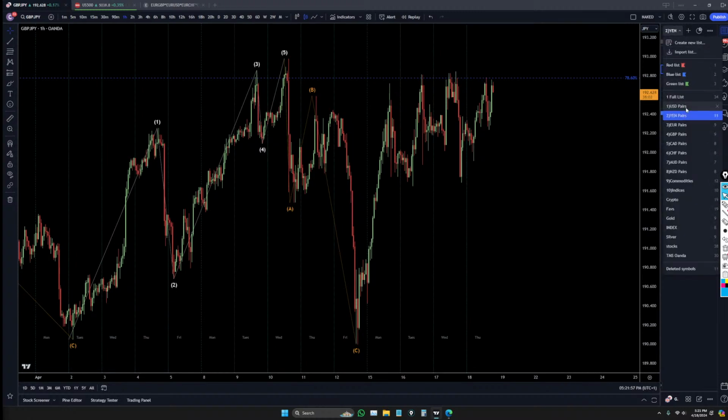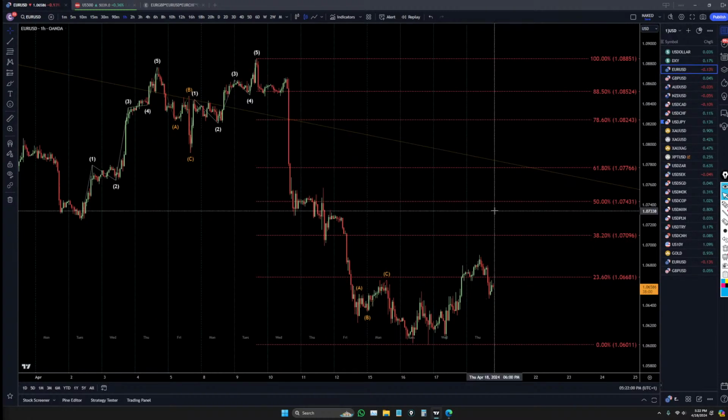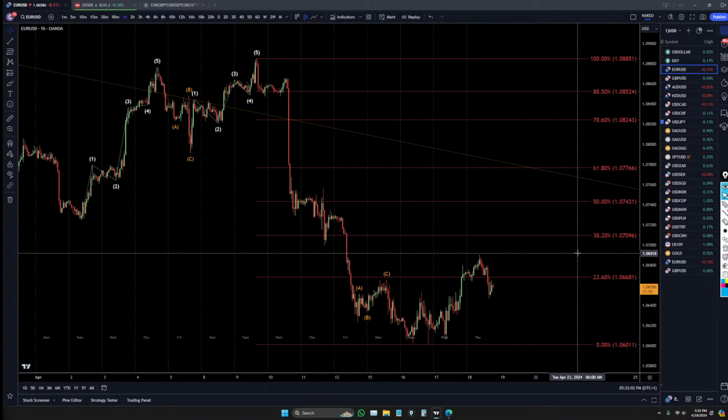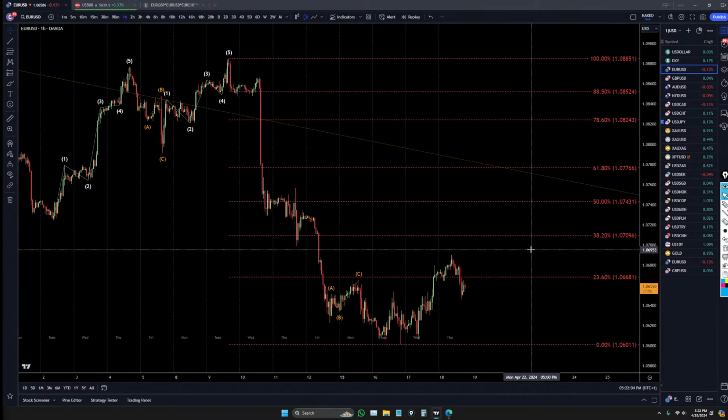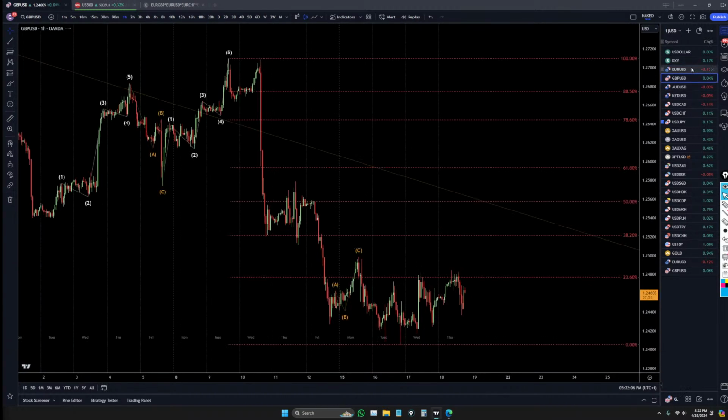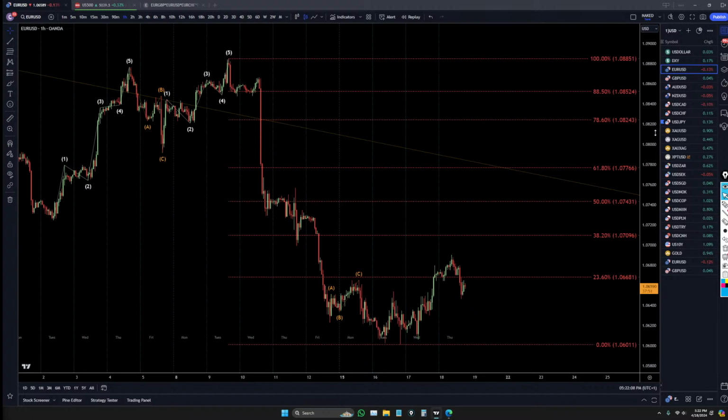Yeah, let's check out the euro dollar. That was next on the list. I actually think the euro dollar is going to go up again. Maybe it's not going to go up today though, because it is getting kind of late in the day. But I think this is an uptrend. I think this is a wave A. I think this move down is going to be a correction like a wave B, and I think it is going to go up again.